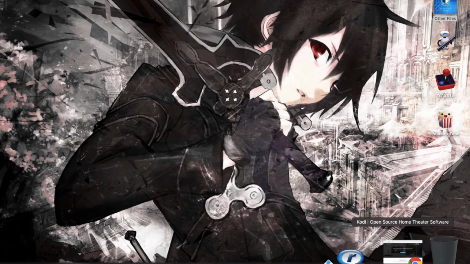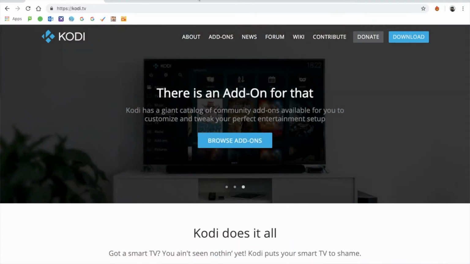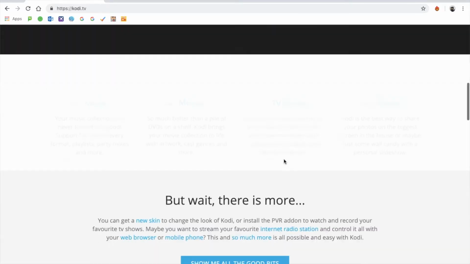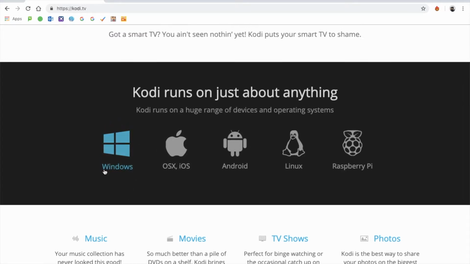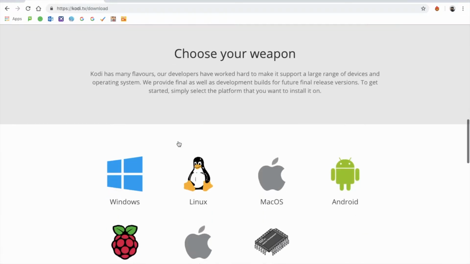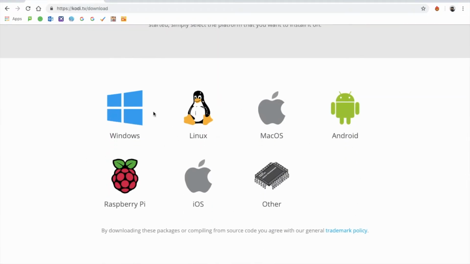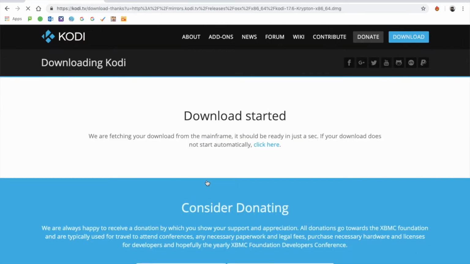So the first thing you want to do is open up your browser, and it'll bring you to this. I'll have the link in the description for this site right here. It's called Kodi TV, of course. So you go down to the bottom, and you'll find Windows, Mac, Linux, Android, Raspberry Pi. Click on one of them, and since I'm on Mac, I'm of course gonna go on Mac and scroll down until you find this page right here. Tap on which one you are going to download. It'll bring you up to this page. Hit installer,